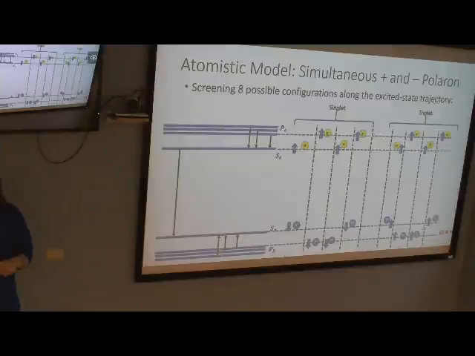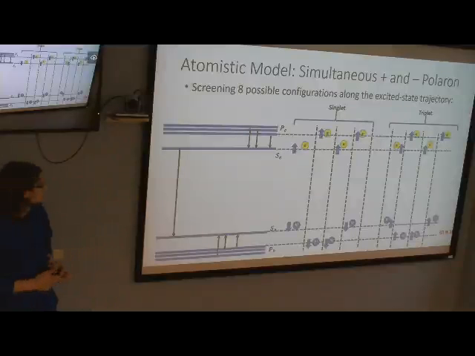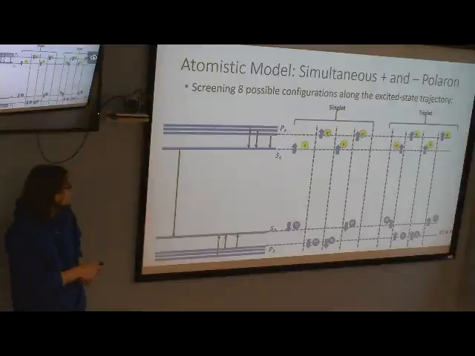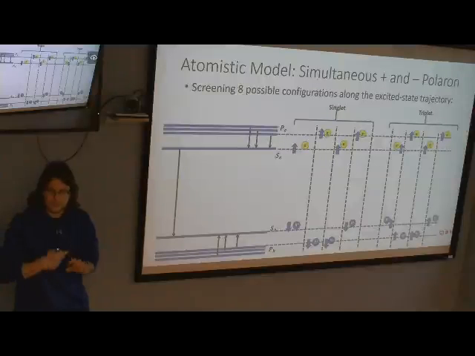So in VASP, you can explicitly tell it where to put charges, or in what bands to put charges. And so I'm explicitly telling the software to put a charge in the LUMO band, and then remove a charge from the HOMO band, and then just let the software go. And in this case, these arrows represent spin degrees of freedom. That's what we're going to try to model. So you have two scenarios where they can be anti-aligned or aligned. So that's why I break these up into singlet and triplet, because triplet have aligned spins, singlet have anti-aligned.